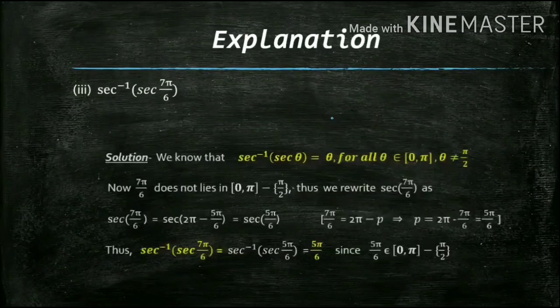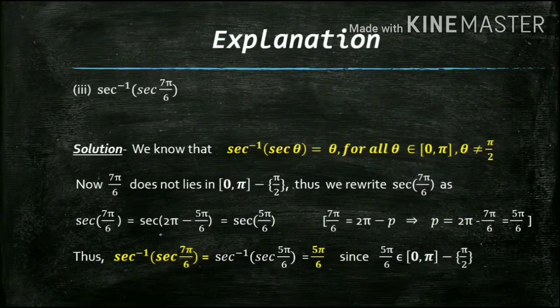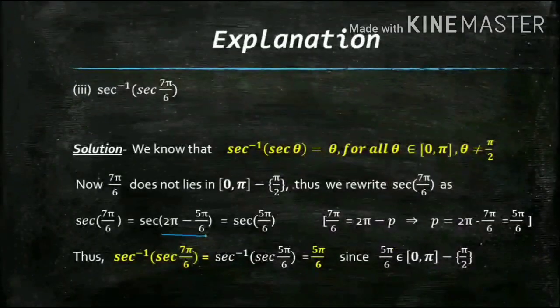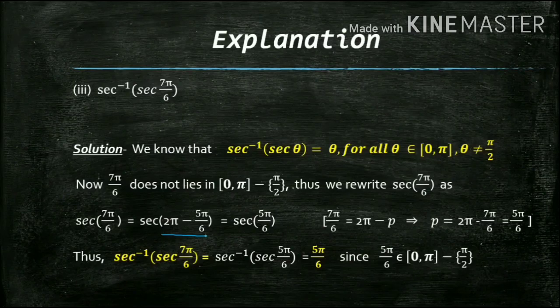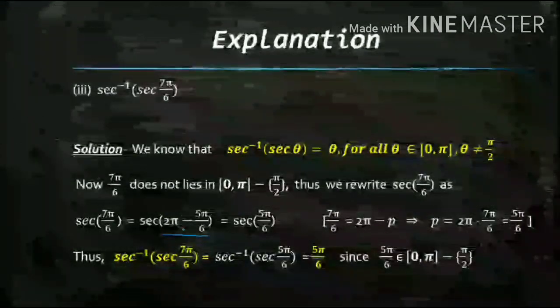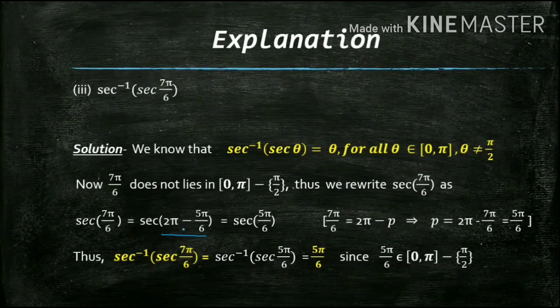So we will do this. We will break 7 pi by 6 as sec of 2 pi minus 5 pi by 6. Now, in case you have the question of how we know that we have to break it as 2 pi minus 5 pi by 6, I told you just try to break it the other way, and if you are getting minus, neglect this. Also you can use that minus, I'll tell you later how to do that in some questions, not in all. Like in the previous one we can't use the minus sign, you can't absorb the minus sign in sec.